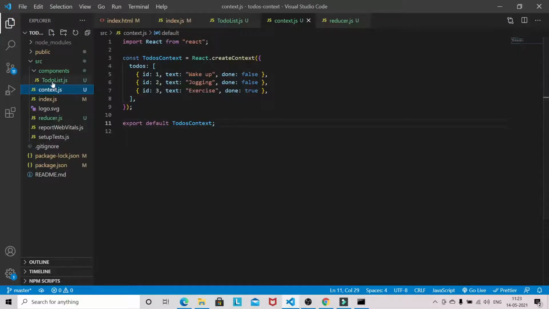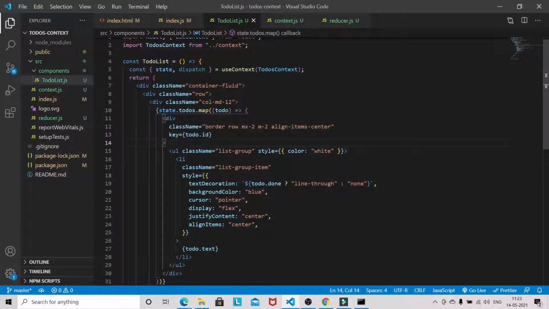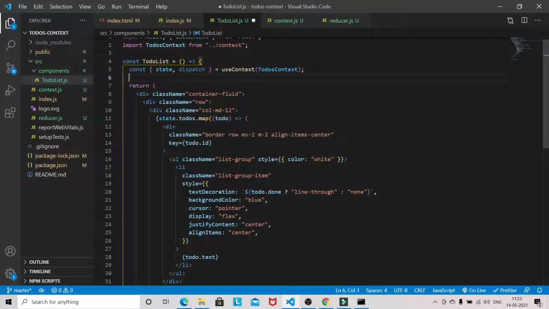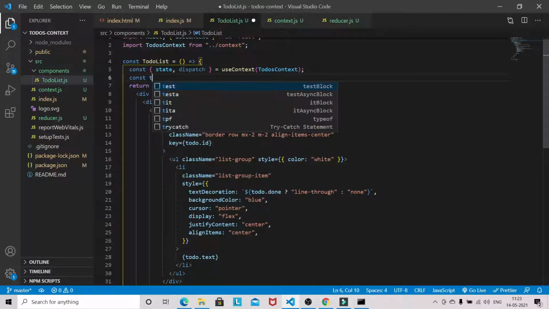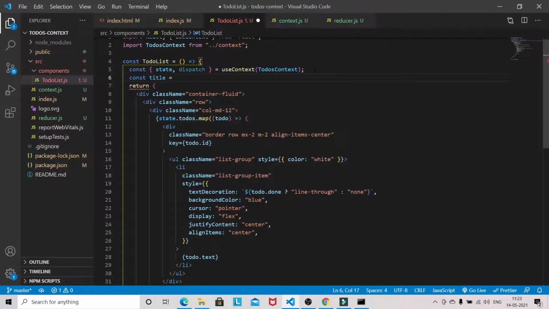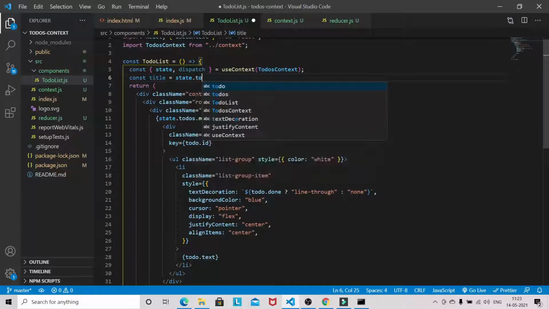Okay, so now we also need to show how many to-dos there are. So we need a count. Okay, so let's have the count, like title equal to state dot to-dos dot length.